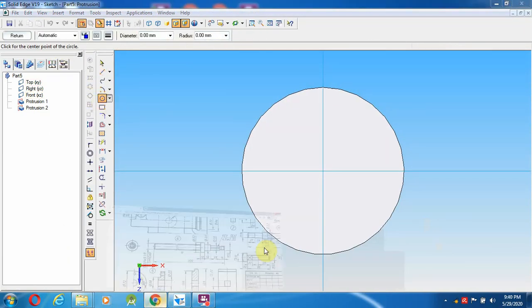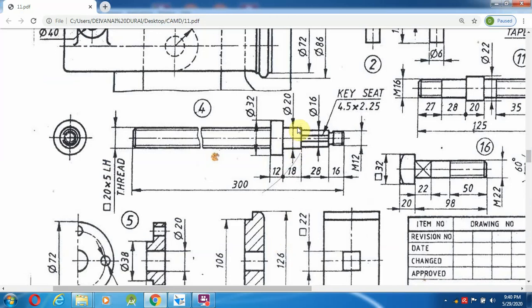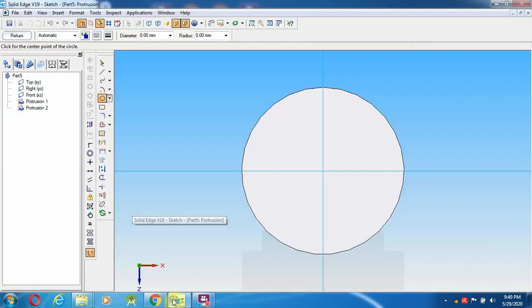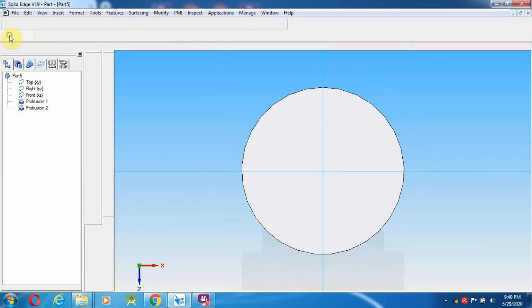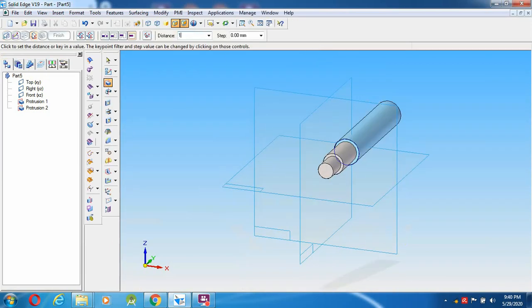Then come to solid part again, the back one. Select circle. Now 20 mm diameter, 18 mm length. First 20 mm diameter, and I can give 18 mm length, left and right click.